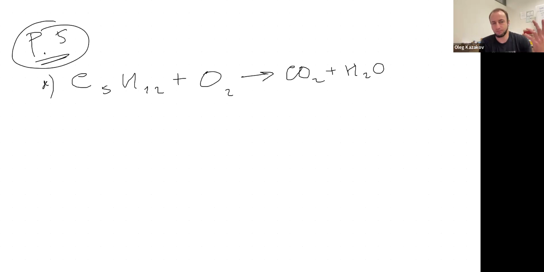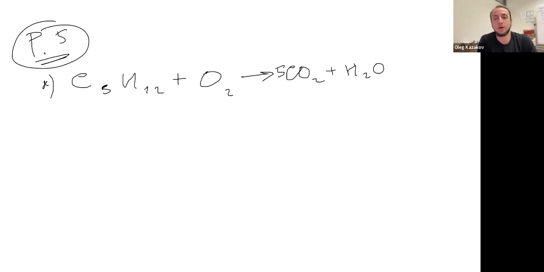The only difference will be the formula of the respective alkane and the stoichiometric coefficients that we are going to use. Here we're going to balance it by inspection using whole numbers. So 5 carbons, 1 carbon. Let's make it 5. How do we do that? By means of stoichiometric coefficients. We cannot make it C5O2, that's going to be an incorrect formula, but we can put the 5 in front of CO2. That way we will have 5 carbons, but at the same time, we'll also have 5 by 2, 10